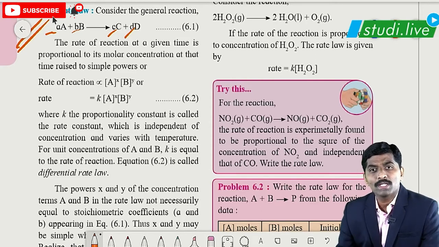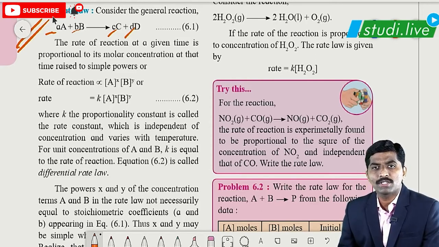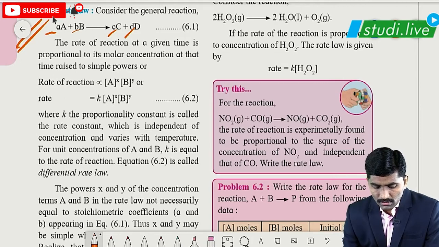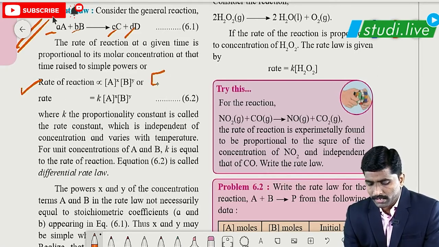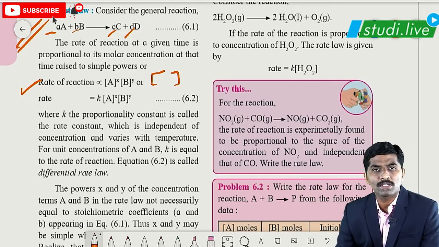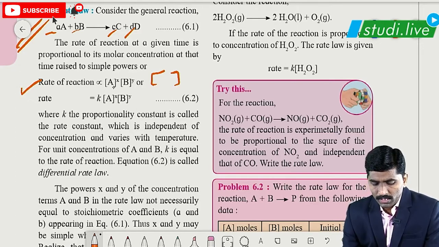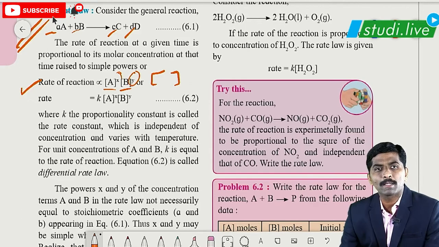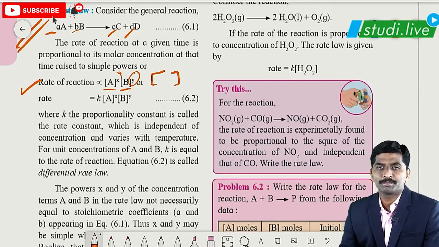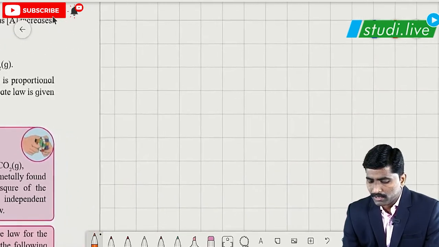And we know that rate of a reaction, any chemical reaction, depends on concentration of reactants. So I have formed the expression: rate of reaction is directly proportional to the square bracket term, which indicates molar concentration. So concentration of A, concentration of B raised to what I have noted as X and Y, correct? That X and Y would be determined experimentally. Okay? So how can I explain it?